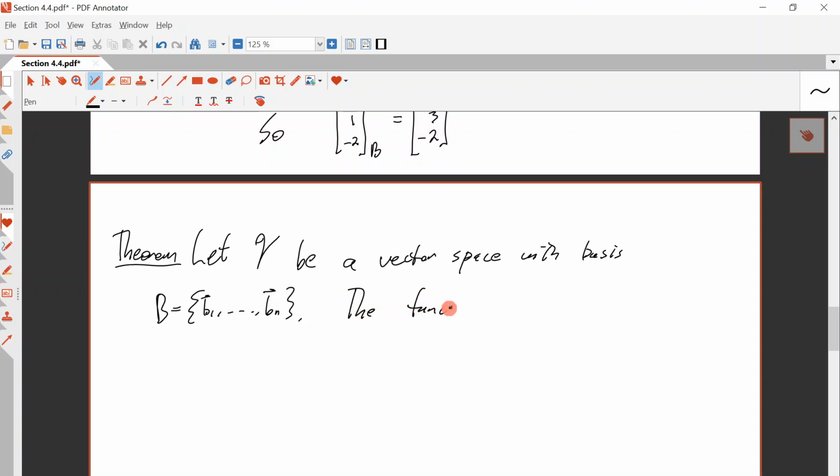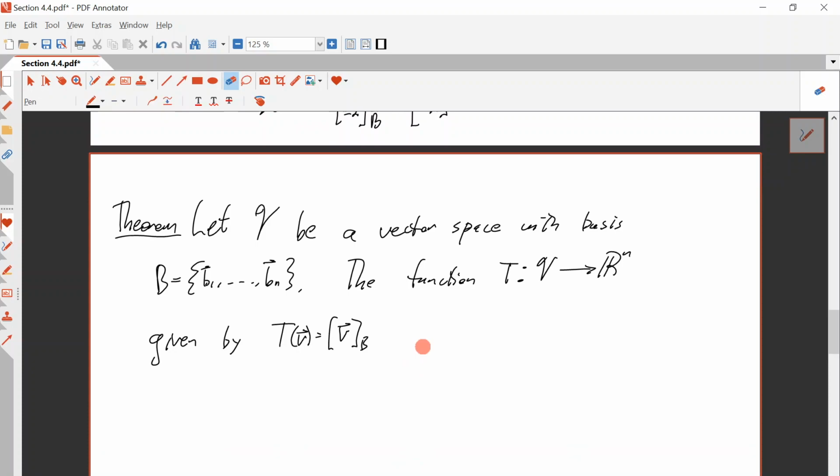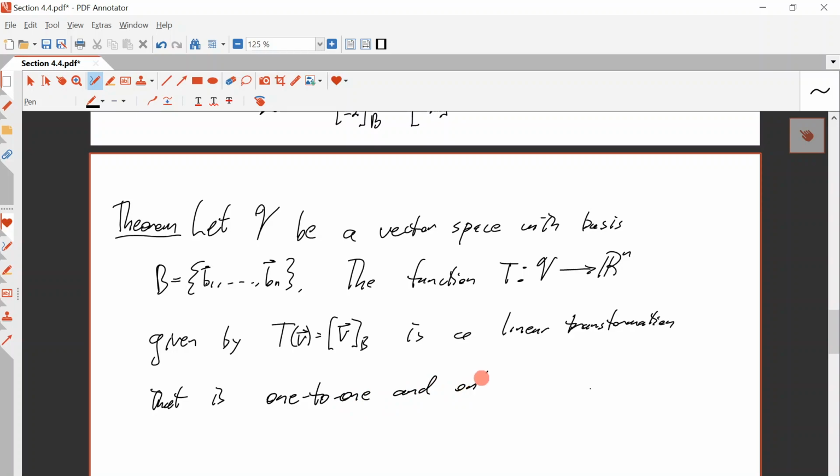The function T from V to Rn given by T of v is equal to the coordinates of v with respect to basis B is a linear transformation that is one-to-one and onto. In other words,